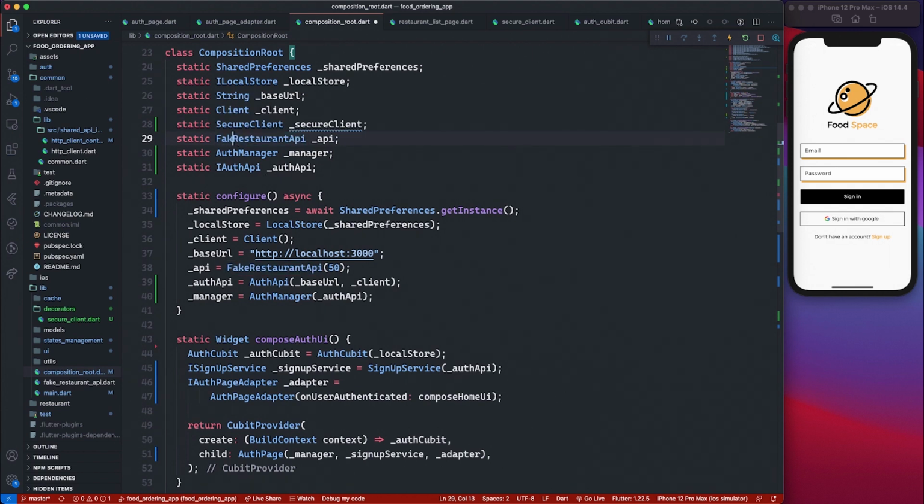Then instead of our fake restaurant API, we're going to use our actual restaurant API,